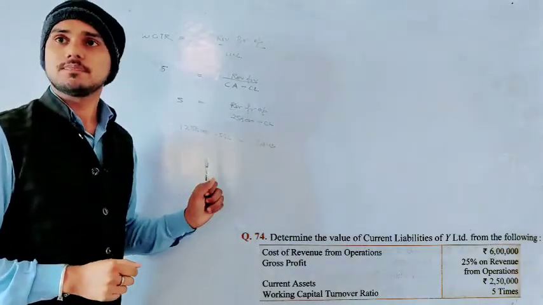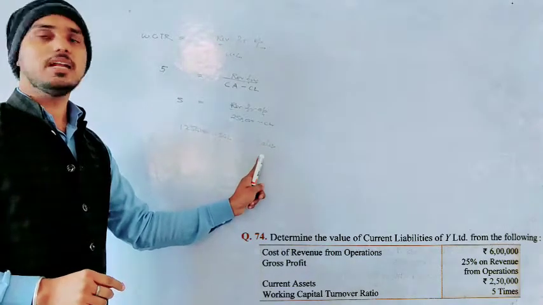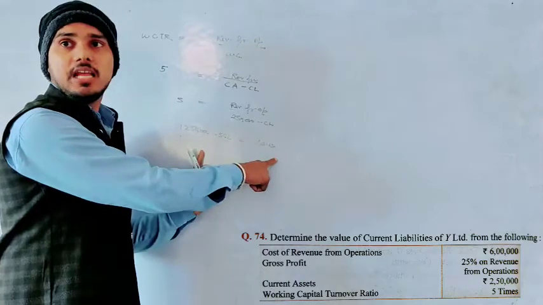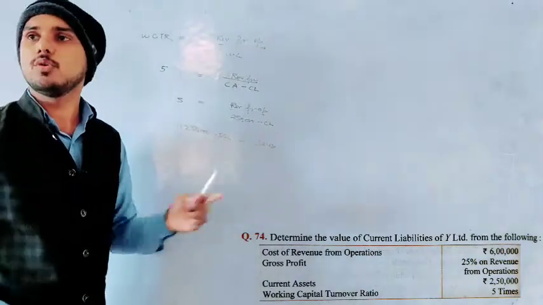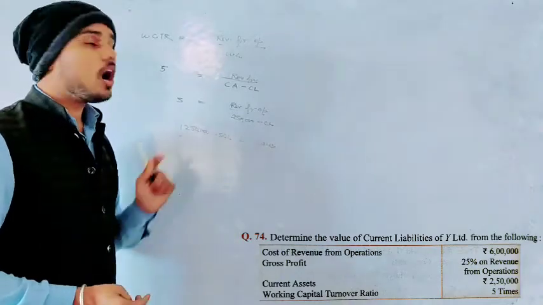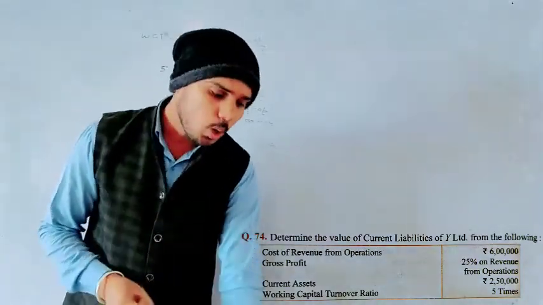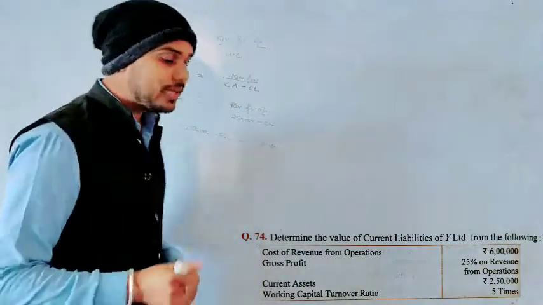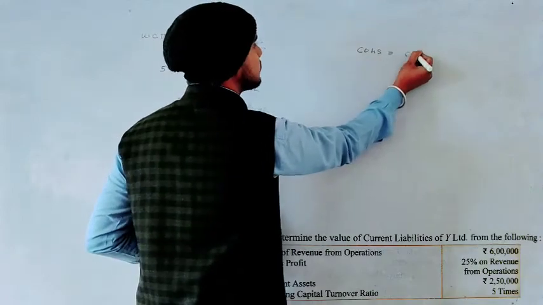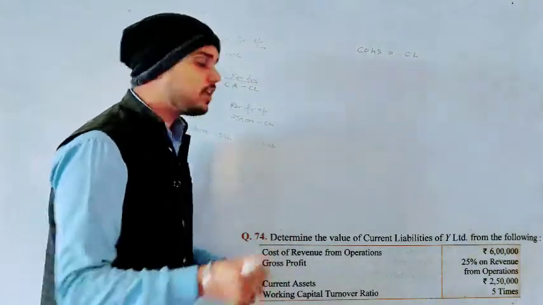No confusion now? If we somehow know the sales, we will deduct that from 12,50,000 and then divide by 5 to know the current liability. Any confusion in this? No. Now how will we find the sales? We have two things given. We have cost of goods sold, which is given as 6 lakh rupees. And we have gross profit given as